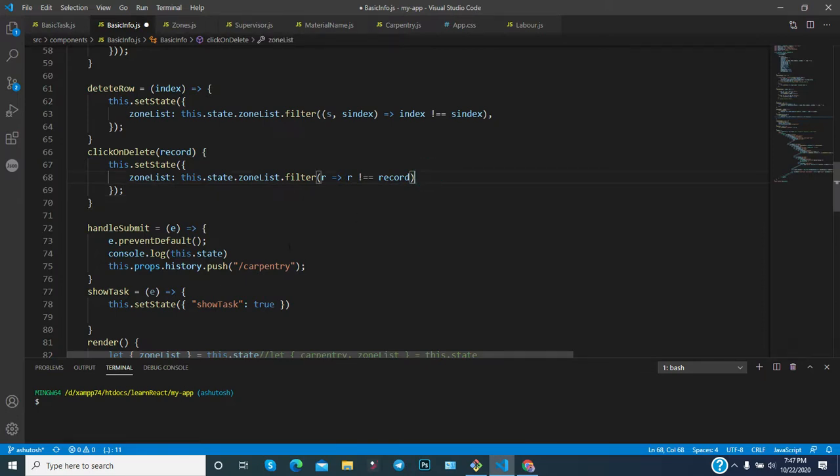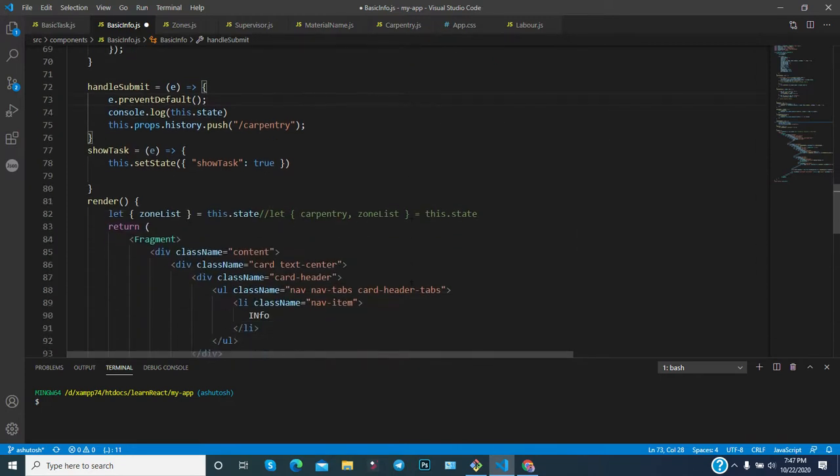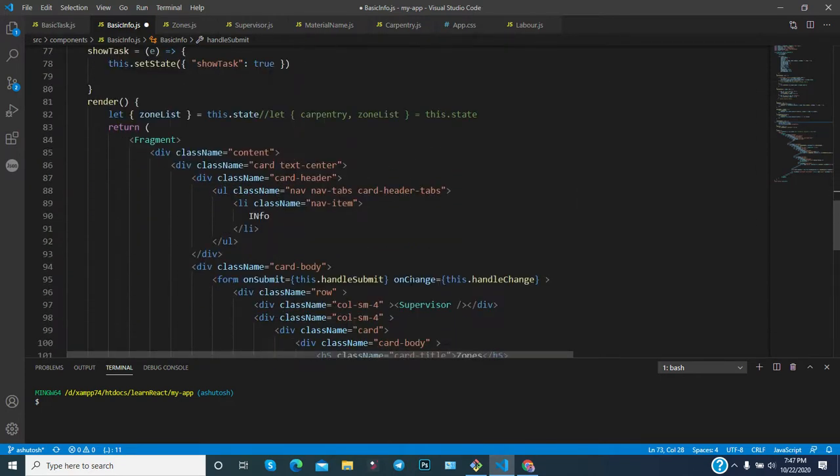So I hope that you are understanding these things very well, and if you face any issue at any point of time, then definitely you can comment and write it down. You can ask through WhatsApp, and I will also provide you the source code so that you can practice, and definitely you will learn a lot through this type of complex form.